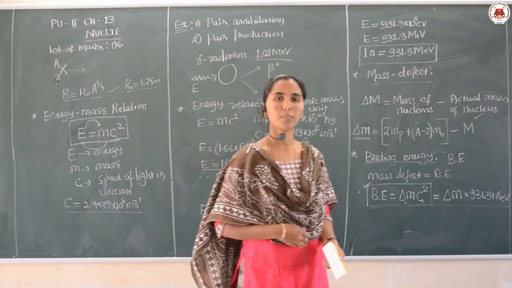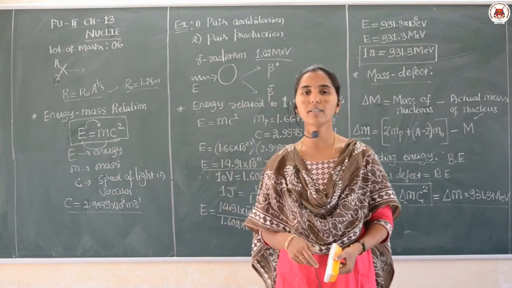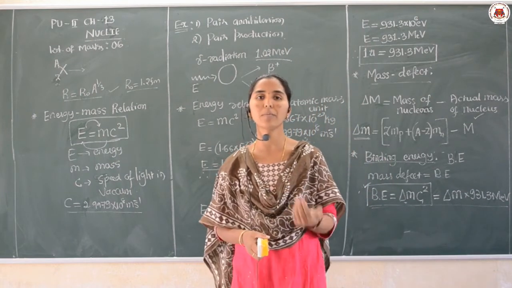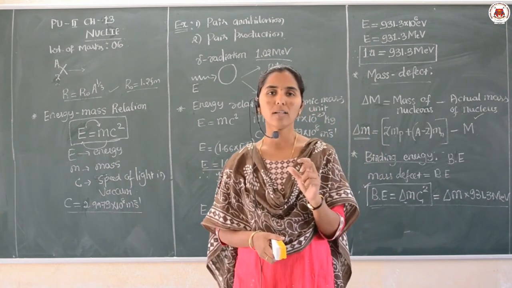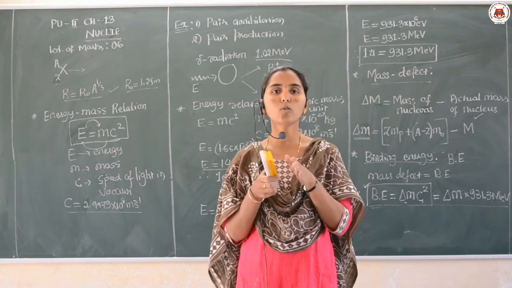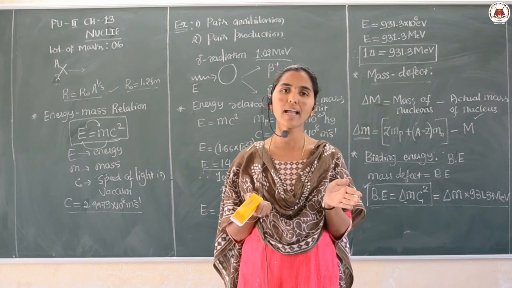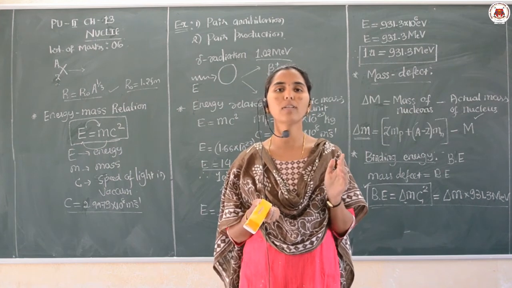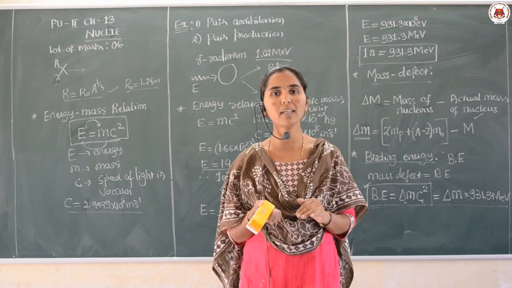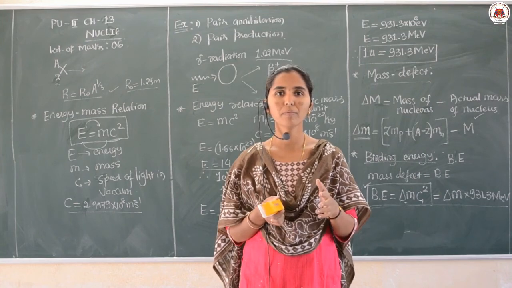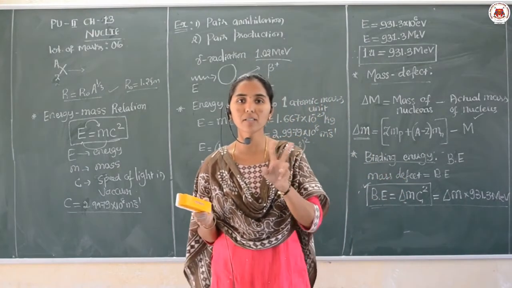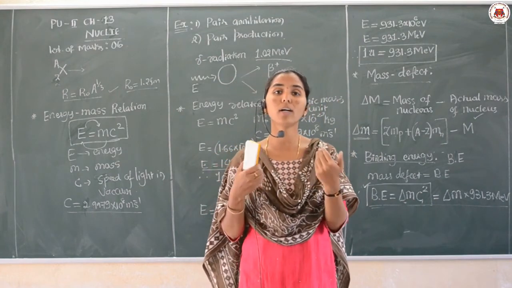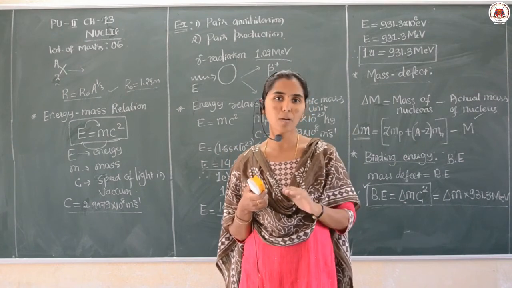Okay. So, I hope dear students, whatever points we discussed up to now are clear, and only a small part of the concept is remaining, that is nuclear energy. In nuclear energy, there are two processes we need to understand. One is nuclear fission, another one is nuclear fusion. With respect to that, once we discuss it, the topic will be over. There we need to understand the differences between nuclear fission and nuclear fusion reactions, with the help of examples also.